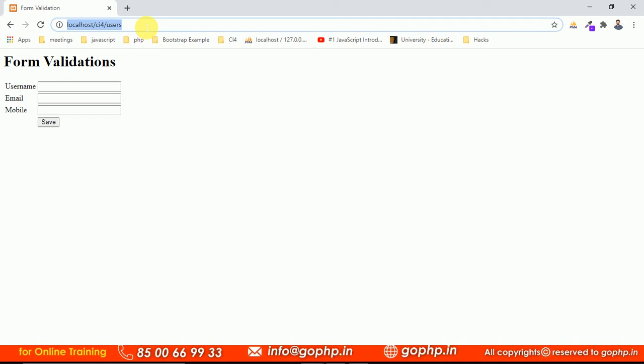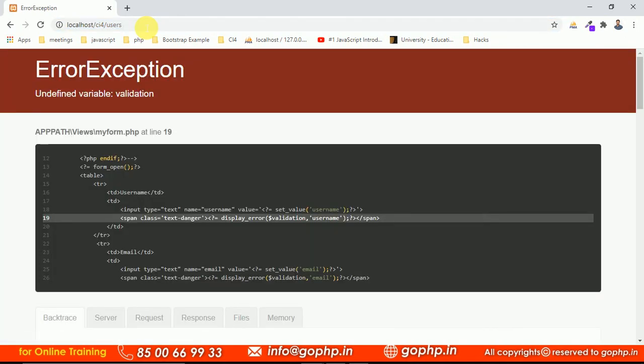This is what we saw yesterday. Now, if I refresh, definitely you may have some error. Can you see? There is an error. Because the environment was in production, we were not able to see these errors. Now I just enabled the development environment. It is giving an error in myform.php line number 19. It is saying undefined variable validation. So what do I need to do? How can I fix this? Those errors did not come yesterday, but now they are coming here just by changing the production environment to the development environment.